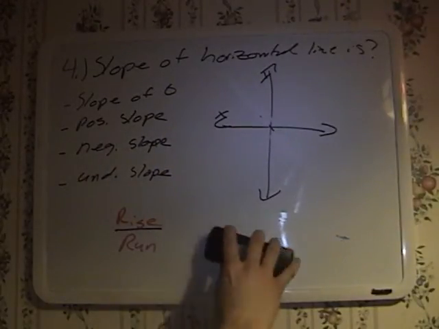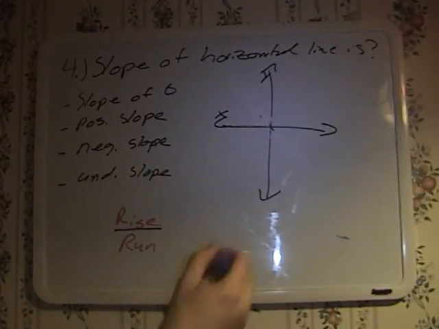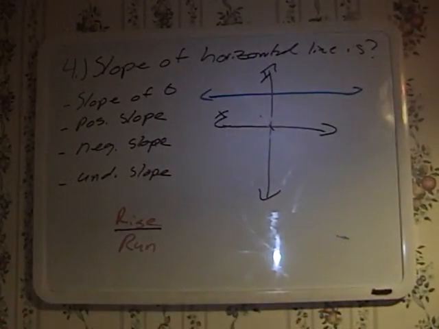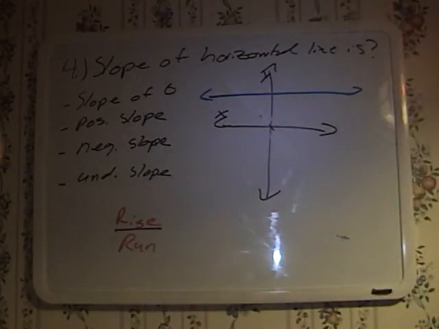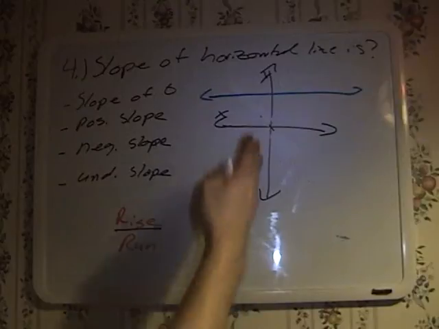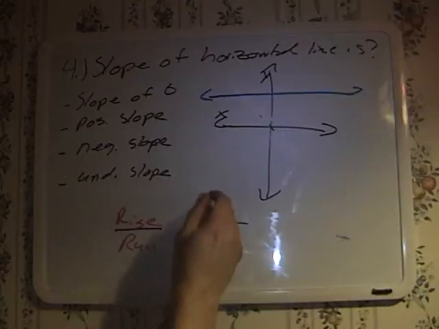So let's look at a horizontal line. And I'm just going to draw one somewhere randomly on the y-axis because, again, it's not important right now, our y-intercept. Okay, so we're looking at a horizontal line. So we see it's got run both directions by 1 unit at a time. So we know that our run is going to be 1 because as it's moving left and right, it is actually doing it 1 unit at a time. Now, you look at it, it doesn't rise at all. We represent that with a 0.